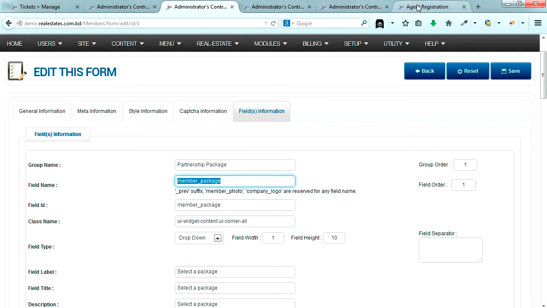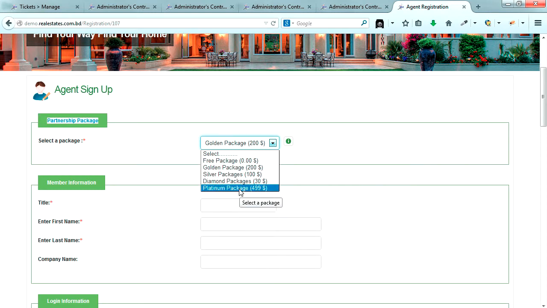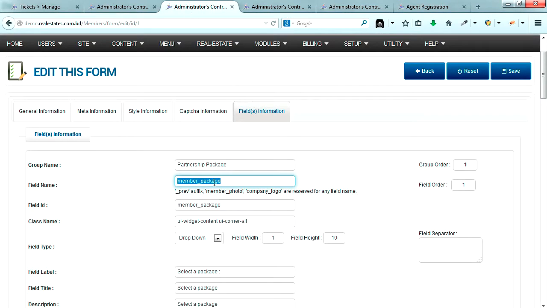My field name is the name that, in HTML5, every form element should have. So this is a partner package, and this is what is called the membership package field, as it's a drop down field. Dynamically this package is loaded when you add this field. So the member package is basically a drop down field.